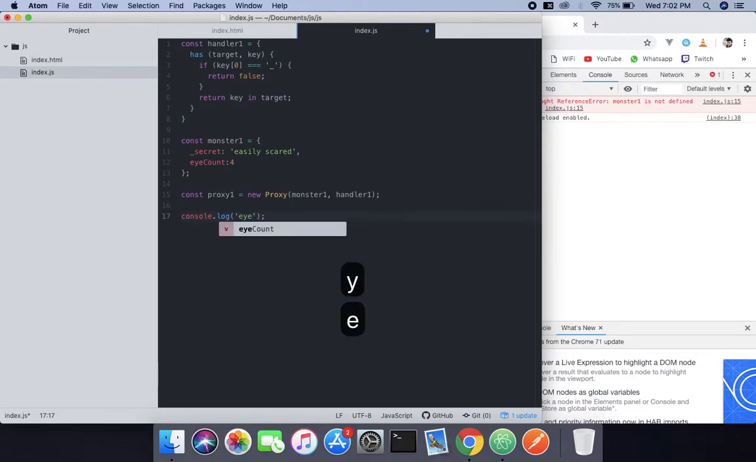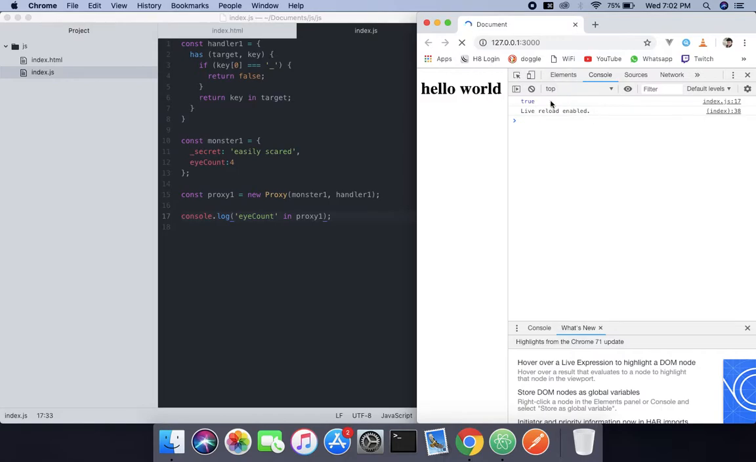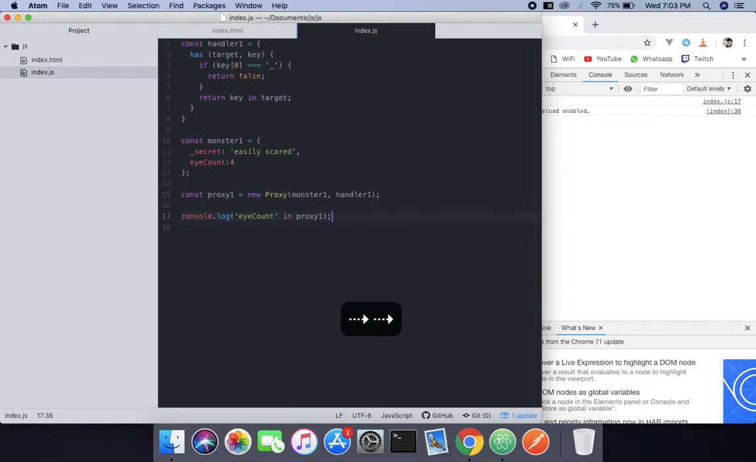count in proxy1. So when we do that, it's gonna check, it says true, because, you know. And now after that, if we check, is that secret gonna work or not? Yeah, now